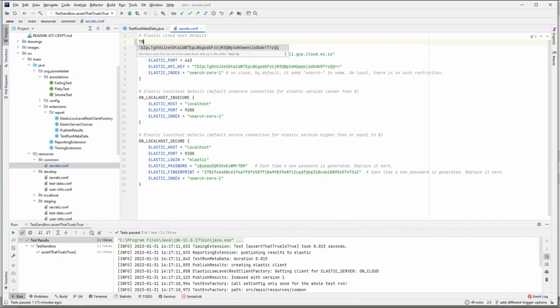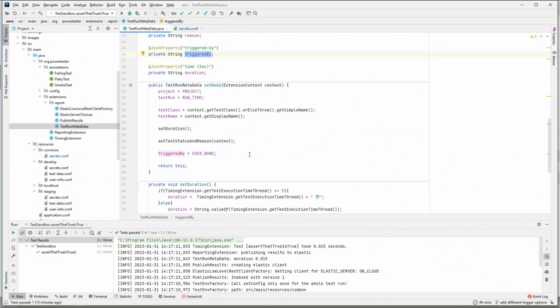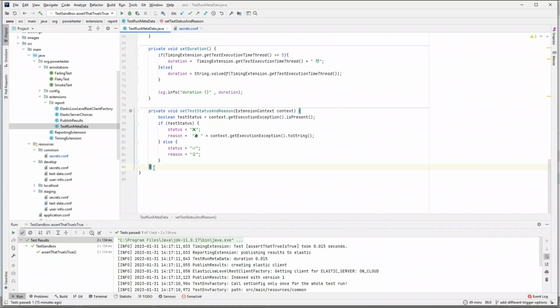So let's create a variable called triggered by, and let's keep it empty, and we can say that this value should be passed from CI. Okay, and based on this variable, now we can decide, let's say if we create another method